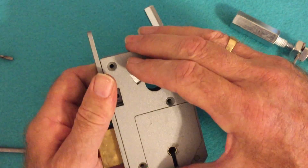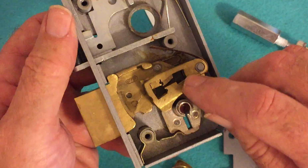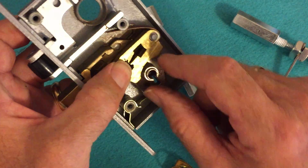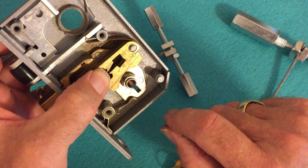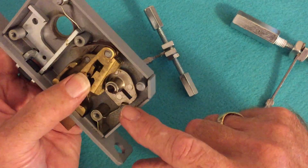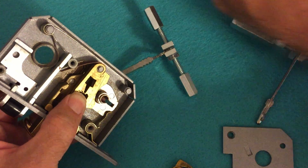See if I can take this off, show you. These are the levers right here. There are 5 of them stacked down there. This here is the curtain, and these mortise locks come in either curtain or non-curtain. Non-curtain means it just doesn't have this piece on it, and this is an anti-pick device basically, and it's made